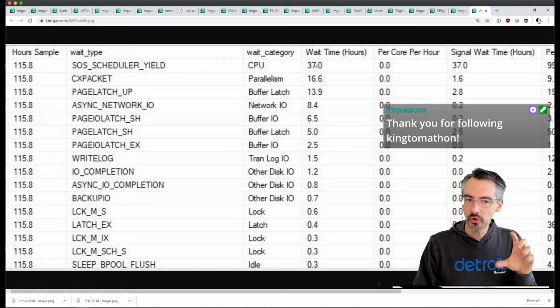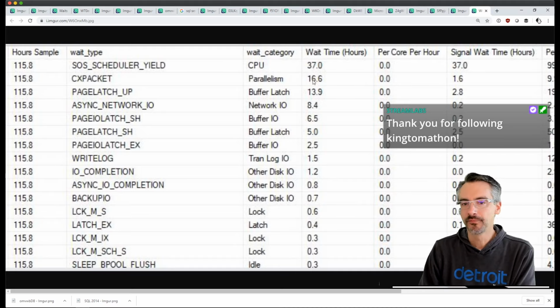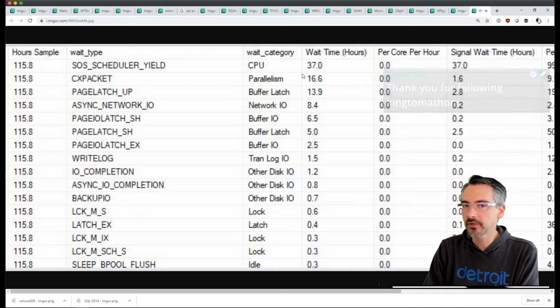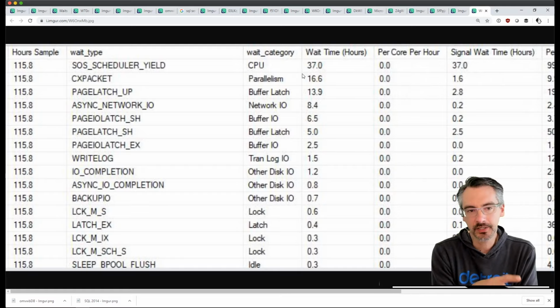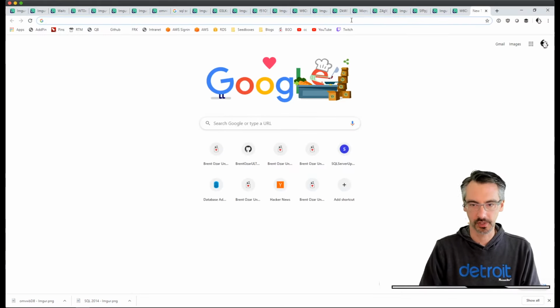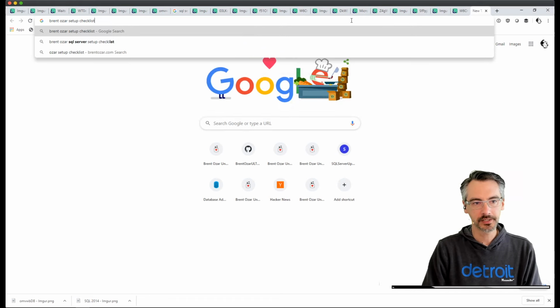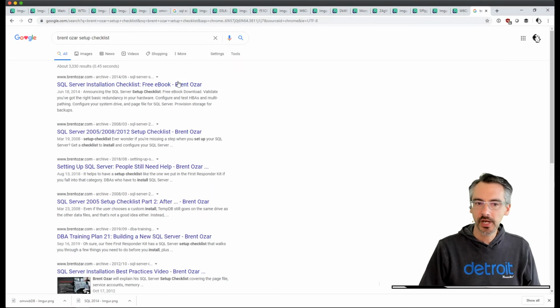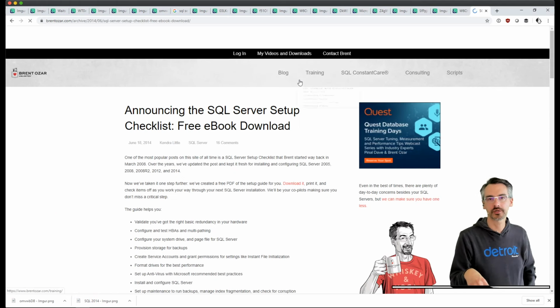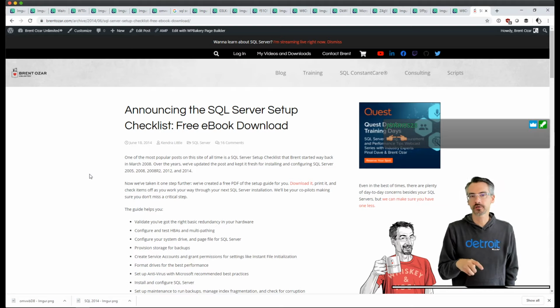Your number 1 and number 2 problems are both vaguely related to CPU, but I also see latch waits. And when you talk about max DOP and these other things, I think what you really need is a basic setup on SQL Server. So if you search for Brent Ozar setup checklist, go through my setup checklist. It's totally free. You can go download it as part of our First Responder Kit and walk through your SQL Server setup.